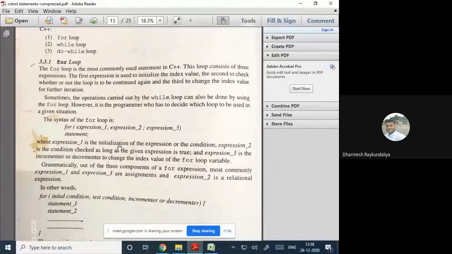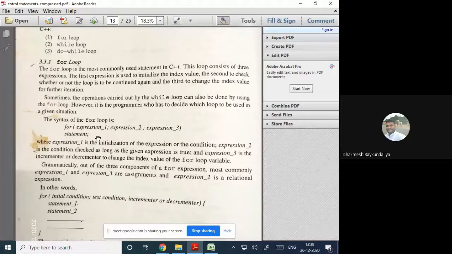So expression 1 is the initialization, expression 2 is the condition check as long as the given expression is true, and expression 3 is the incrementer or decrementer to change the index value of the for loop variable. If you have a single statement, then after the for loop you can write only that statement.